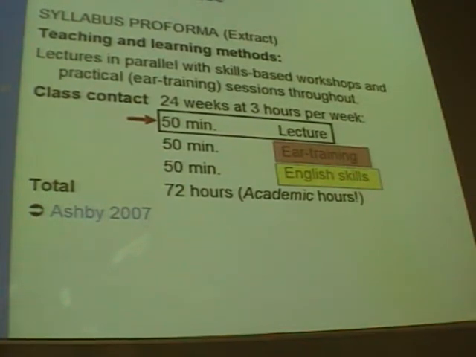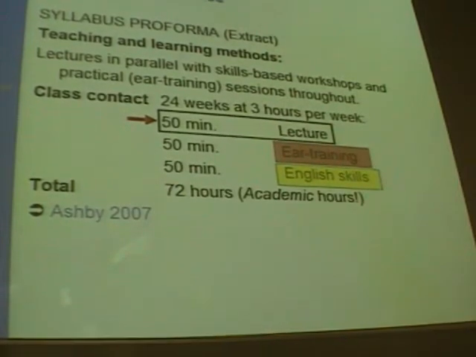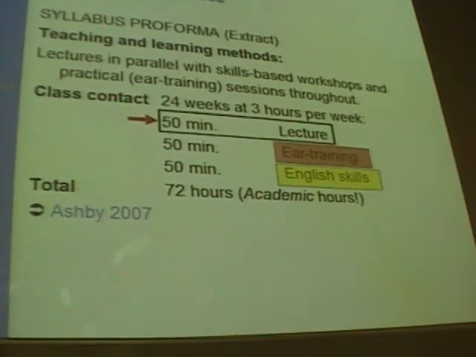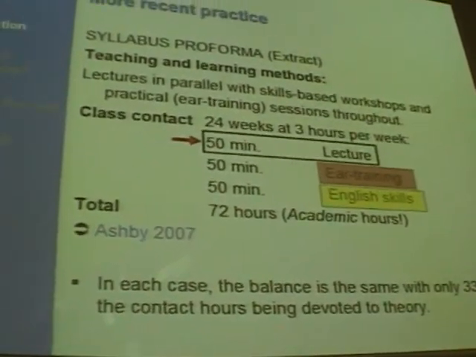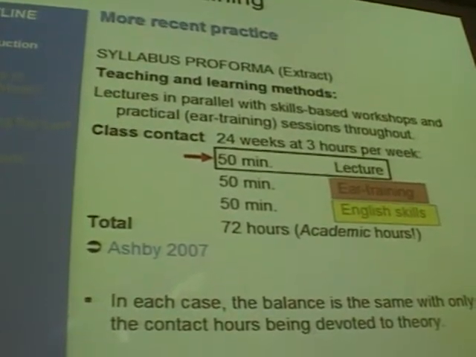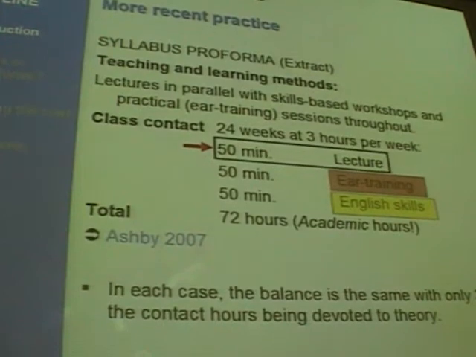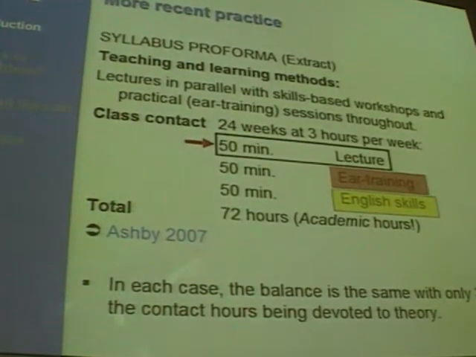Now, coincidentally, and this was a complete coincidence, I knew nothing at all about Ida Ward's timetable when I designed my own courses. Coincidentally, both models allow just 1/3 of the contact time, 33% of the hours available for theory. Why? Because students can get theory from books, but they can't get practice from books. And practice, as we know, takes time.